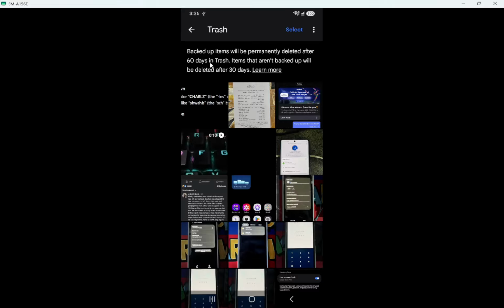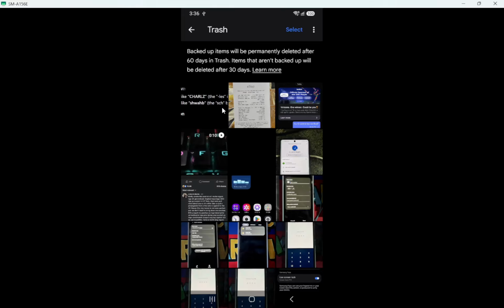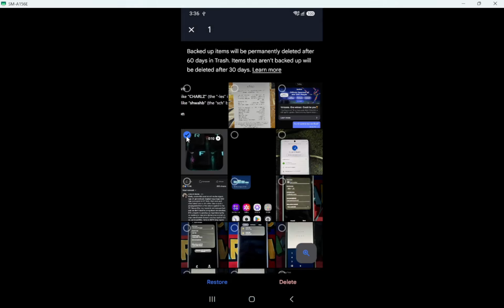Next up, let us walk through restoring a deleted photo from trash. To start, go back into Google Photos, then tap Collections at the bottom and again tap Trash, so you are viewing the deleted item screen. Check that you see the grid of removed photos and videos before moving on. From there, find the photo or video you want to bring back.